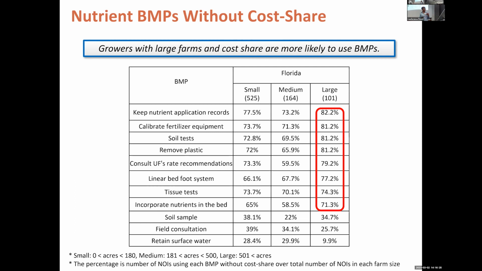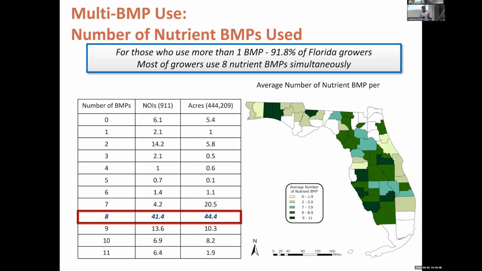Without cost share, same deal, and the same 3 practices, we can't say that one is terribly bigger than the other. What we'll need to do is run some tests on these groups, which we have in other work, and see if there's any statistical difference. But honestly, what's the story here, and I'll bring it up in the summary, it seems to be more about farm size than cost share.